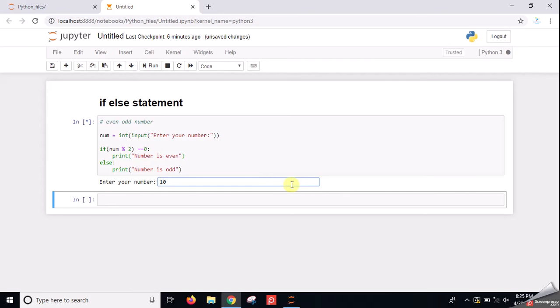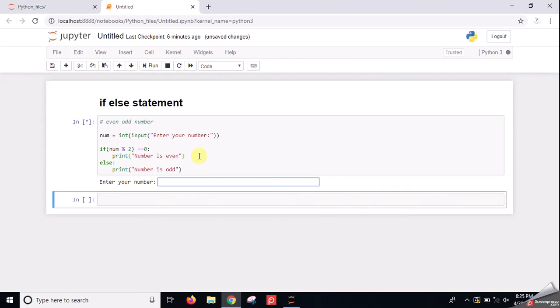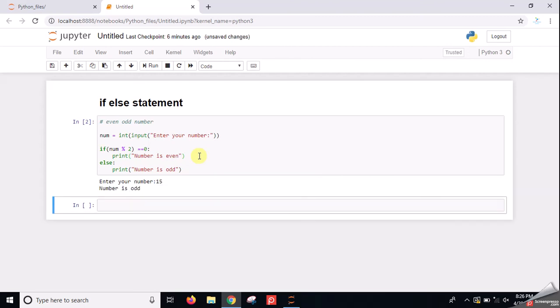If the user enters 10, then it will be identified that the number is even, because it is totally divisible by 2 and there is no remainder. The remainder is 0, that's why. Now we will run it again and give some other number which is odd. 15 is an odd number, so it is giving out that the number is odd.